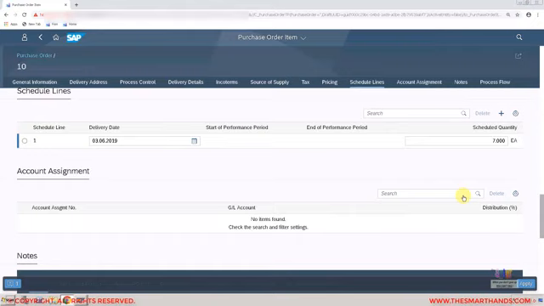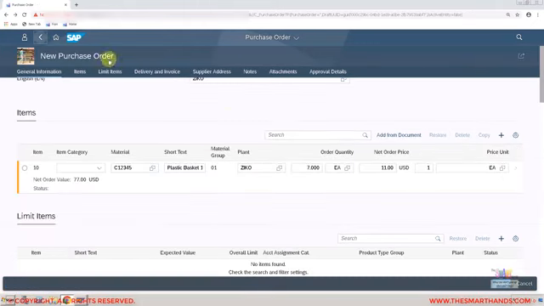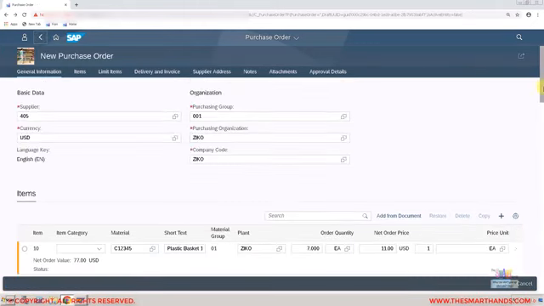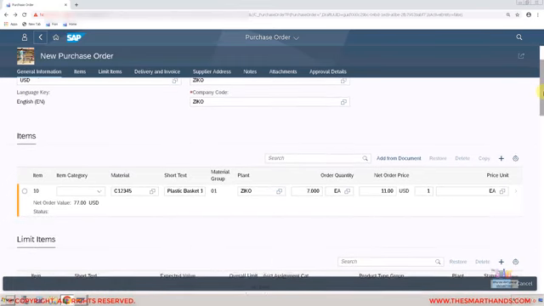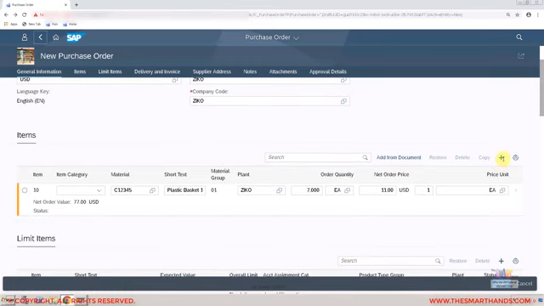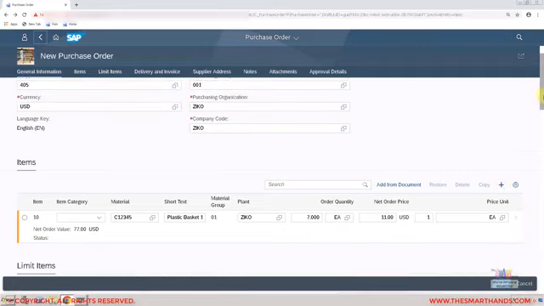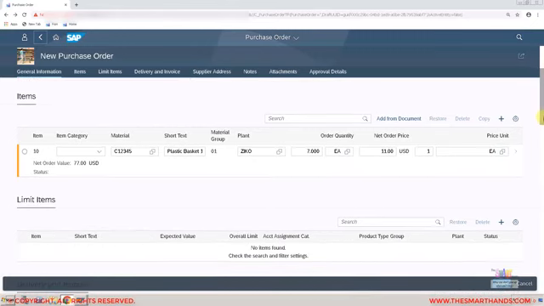So here if you want to go back, let me go back one step. You can click on this little arrow and you're back. So here if you want to enter more items, you can click on this plus sign again and enter more items. And when you are done, and also if I scroll down on this screen, which is the header screen basically,